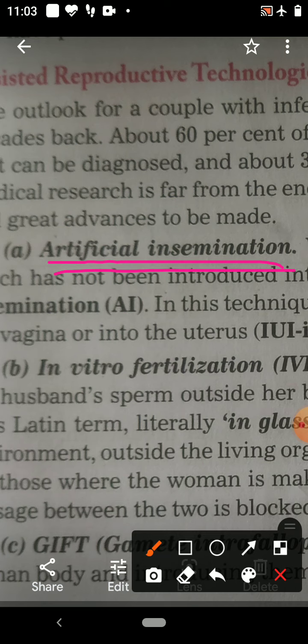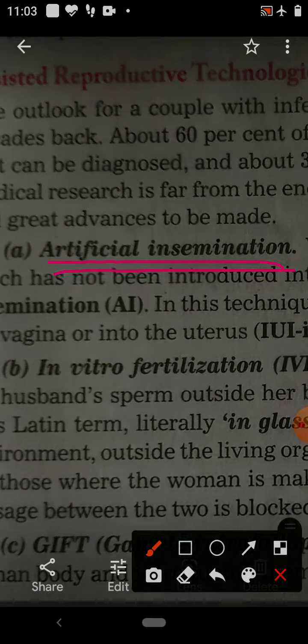But if the penis is not able to deposit due to impotency, then sperm is deposited artificially by a syringe. Children, you know, in the human